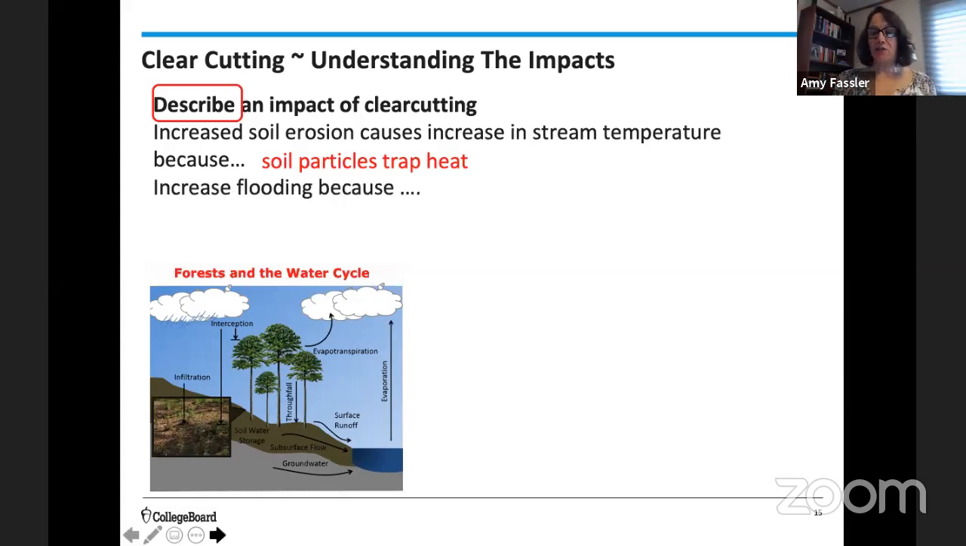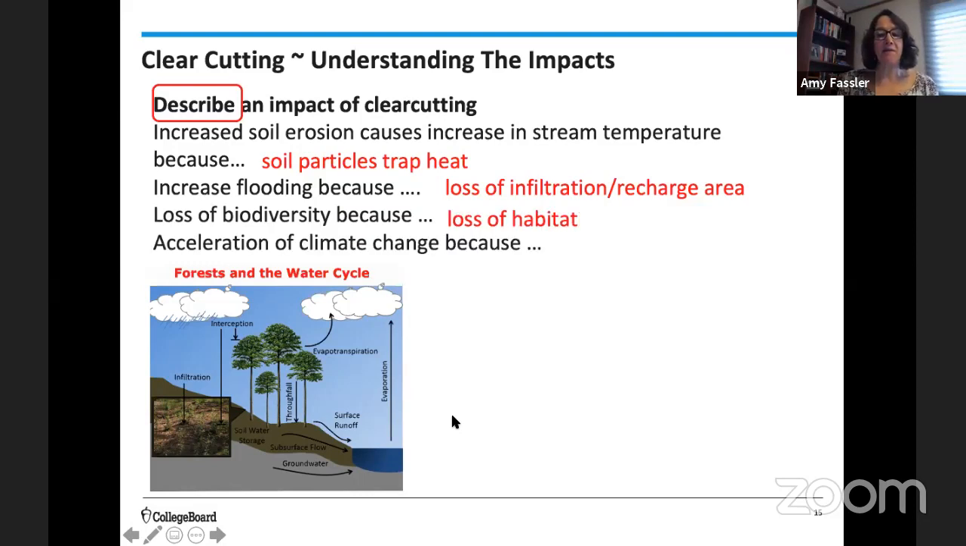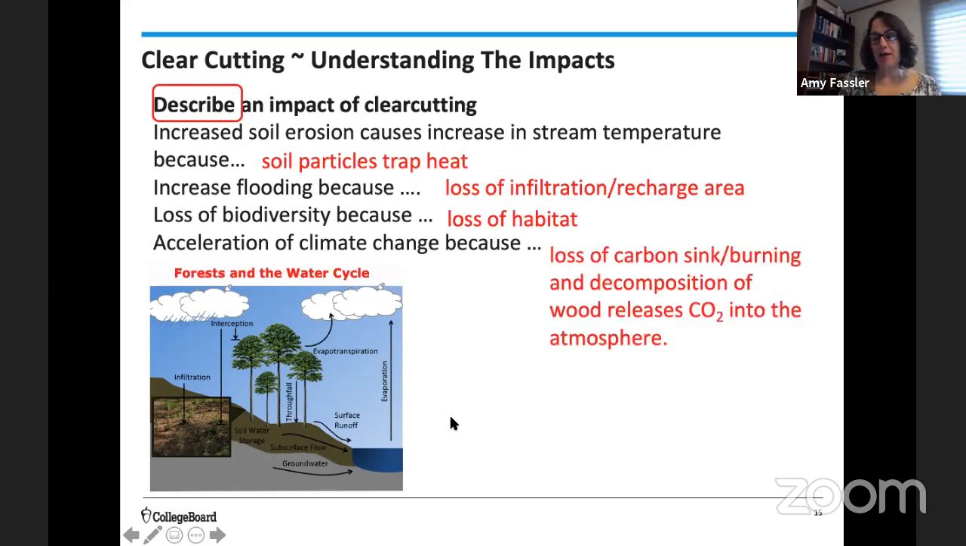it's caught by those solid particles and really heats that surface water. It could increase flooding in the watershed because I no longer have that infiltration, or like I'm seeing in the diagram here, I'm no longer allowing that water to seep in and recharge groundwater. I could have a loss of biodiversity because of a loss of habitat, and I could accelerate climate change because